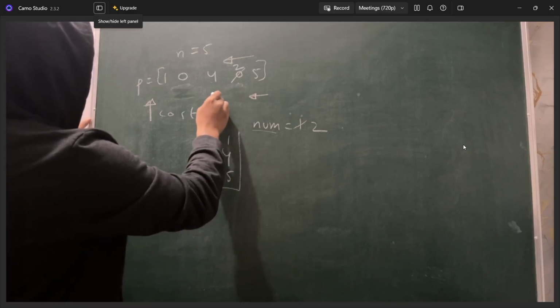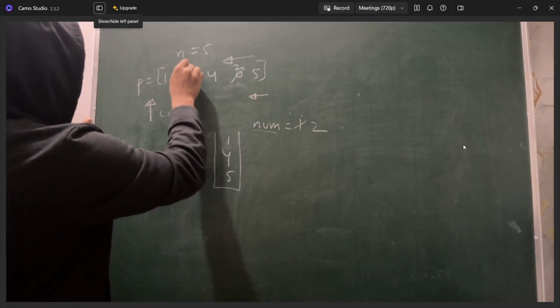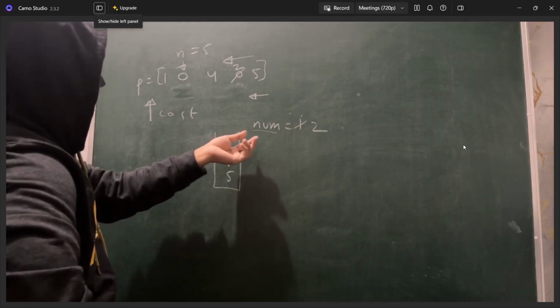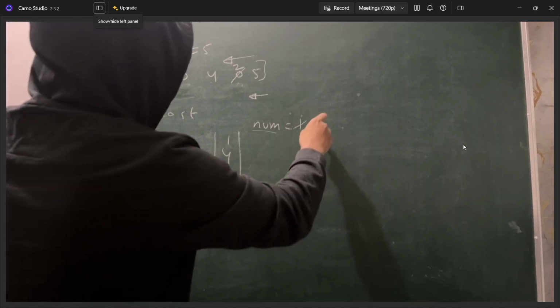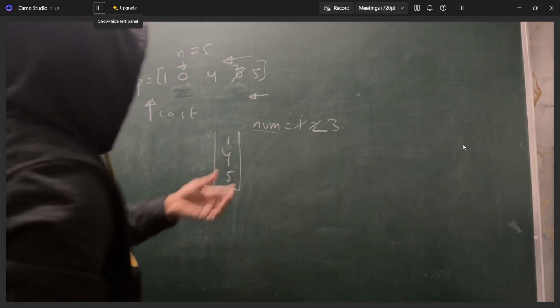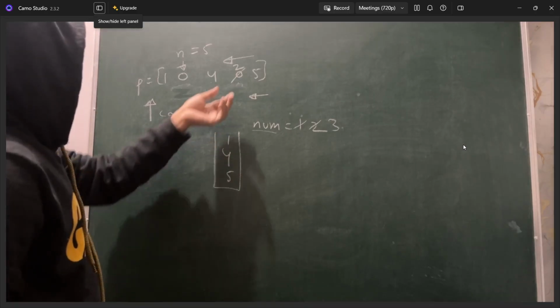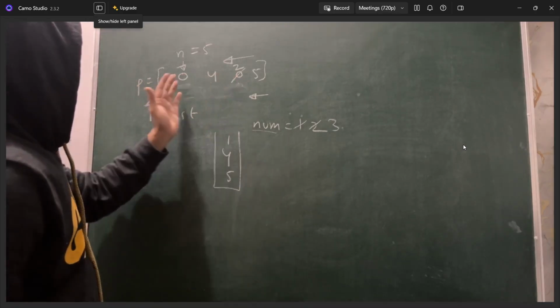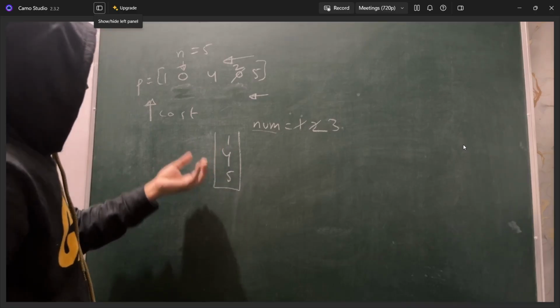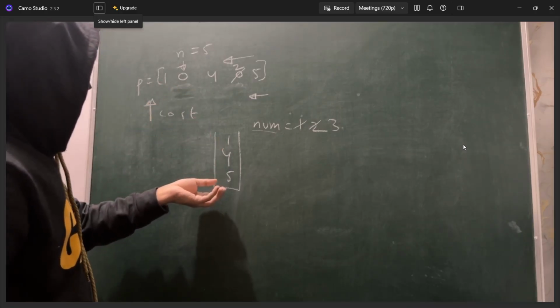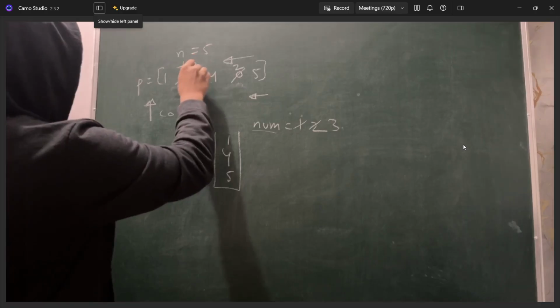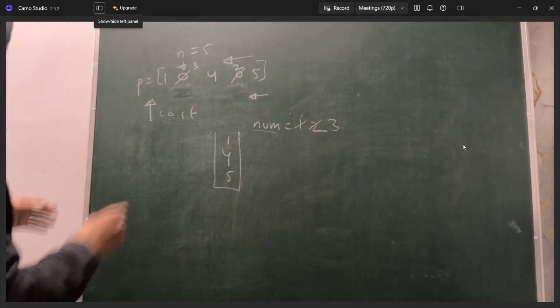Now you will move forward, and you will come at this position where you have 0. Now since 2 is already done, you will be moving ahead. So you will check if 3 is there in the array or not. It is not there, but how can you check in constant time? You will be checking the set. It is not there, so you will be inserting 3. So once you do that,